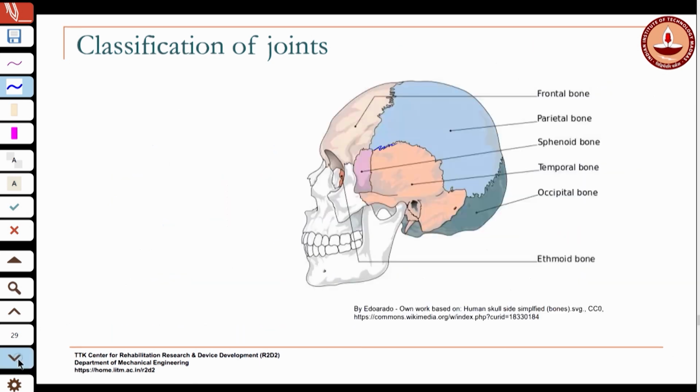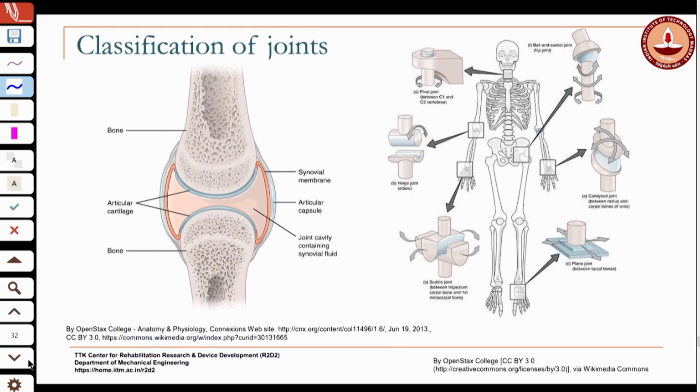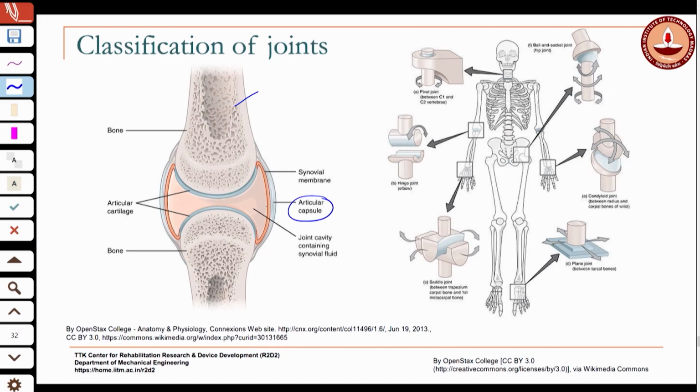The classic example for the synovial joint is your knee joint. If you look at the knee, you have the femur. This is true of most synovial joints, but in the case of the knee, this would be the femur, this would be the tibia, and you would have this joint cavity here. You have what is known as the articular capsule, which is the ligaments and other connective tissue surrounding the joint, and then within that you have a joint cavity which contains the synovial fluid,